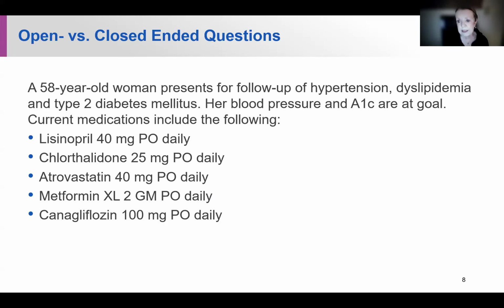A 58-year-old woman presents for follow-up on hypertension, dyslipidemia, and type 2 diabetes. Her blood pressure and A1C are at goal. Do you notice you're not given the numbers, but you're told she's at goal? So we're moving on from this. Her current meds include lisinopril, 40 milligrams PO daily, chlorthalidone, 25 milligrams PO daily, atorvastatin, 40 milligrams PO daily, metformin XL, that's the extended release. FYI, only prescribe the extended release metformin, a lot easier on the gut, 2 grams daily, and canagliflozin, 100 milligrams